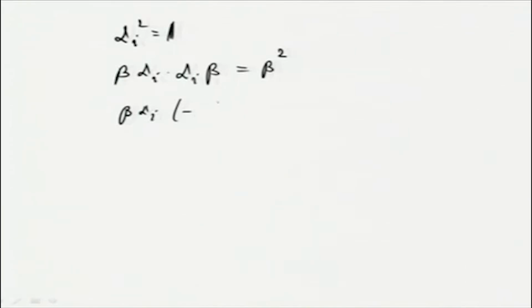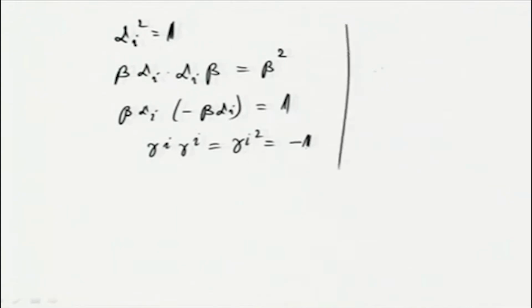So, I have beta alpha i with a minus sign is equal to 1, which is basically gamma i square equal to minus 1 because of the minus sign here, and beta square is obviously equal to 1. So, gamma 0 square is equal to 1. So, gamma 0 square is equal to plus 1, and gamma i square is equal to